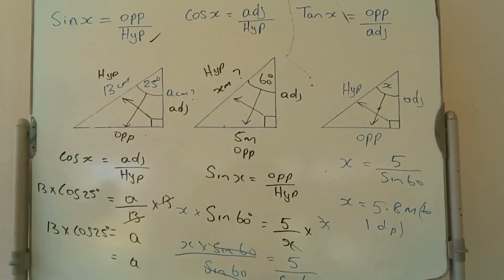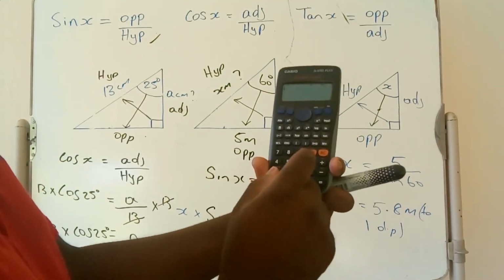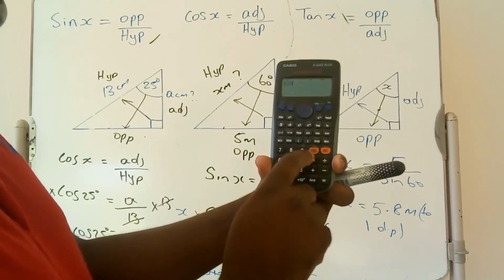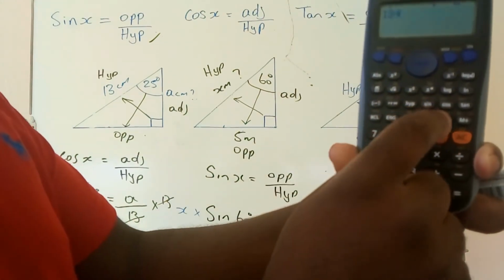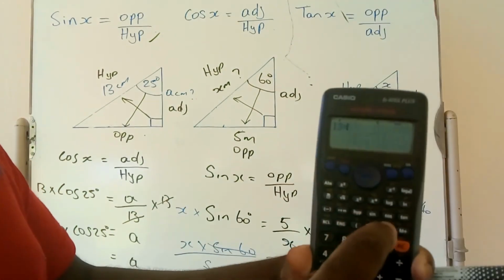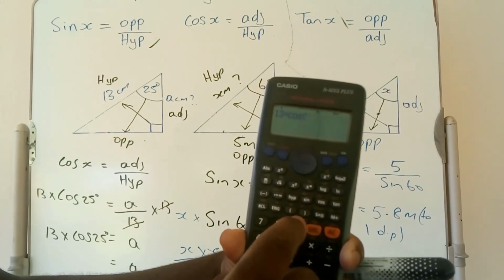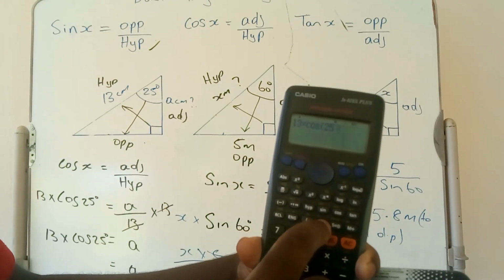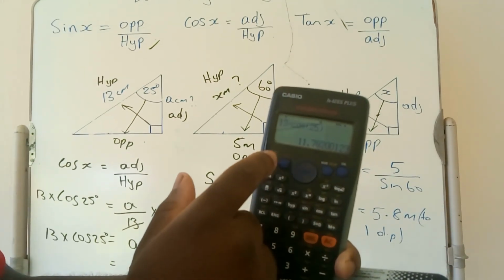So let me show you again. So here I have my calculator. So all you need to do is to put 13 multiplied by, you look for COS on the calculator, which is now this. So you press cos and the angle is 25 degrees, so this is 25. Put a bracket and press equal. So your answer is approximately